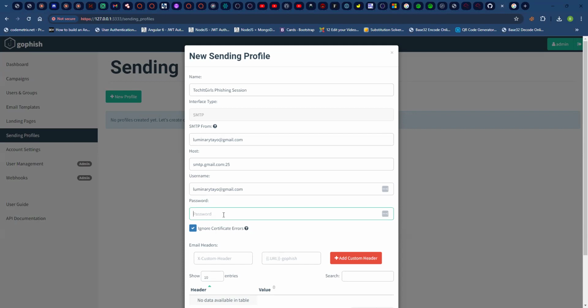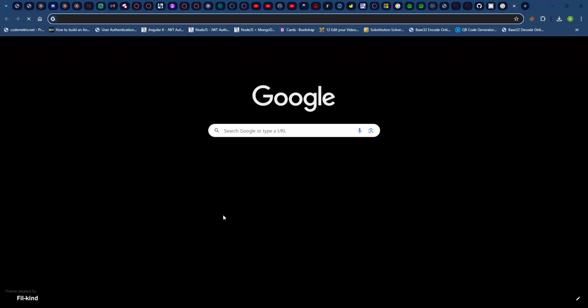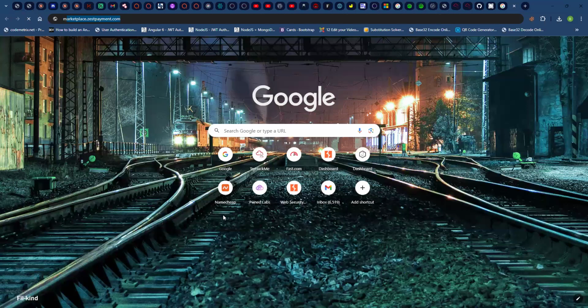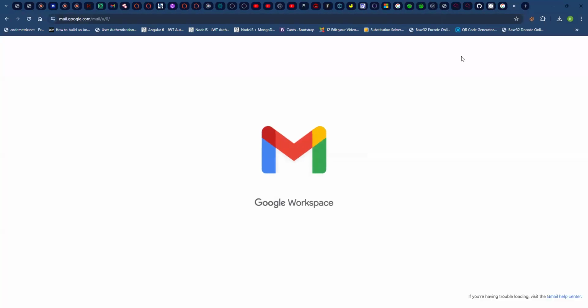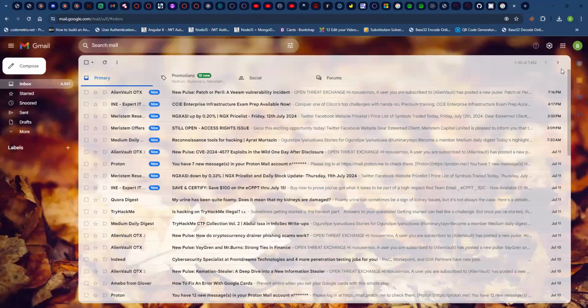So there's a feature of Gmail called app password. We can use an app password, which is going to be an alternative password for us to log in, or for this application to be able to send emails on our behalf. To do that, you need to go to your Gmail. So I'm going to go to mail.google.com, which will take me to my Gmail. And we need to create something. So we need to create an app password.